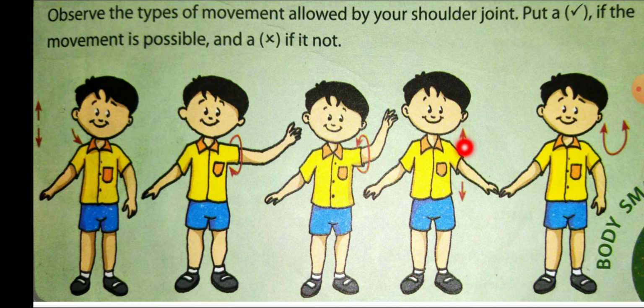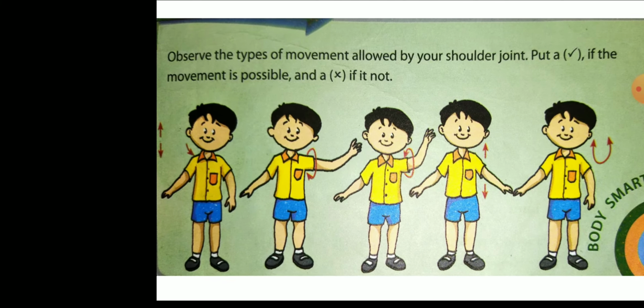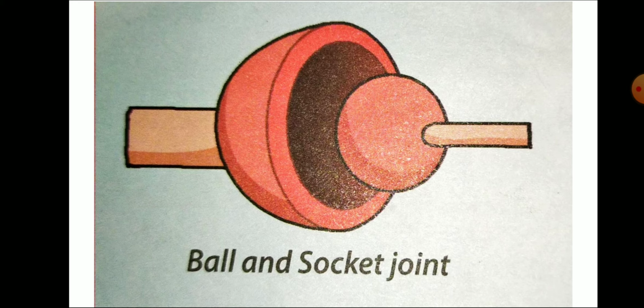These are all we are coming to learn. Next, come to the last figure. The head is moving in different directions, up and down like this. So this is one kind of joint. See, let's come to the different types of joints.